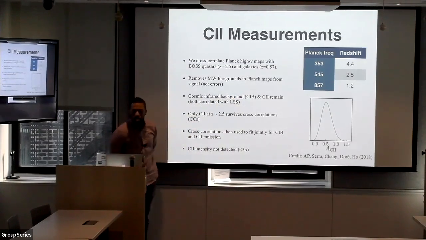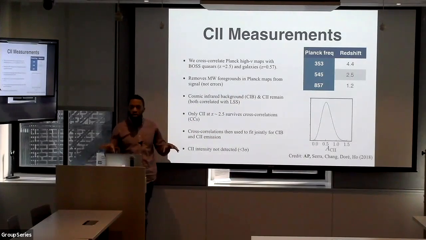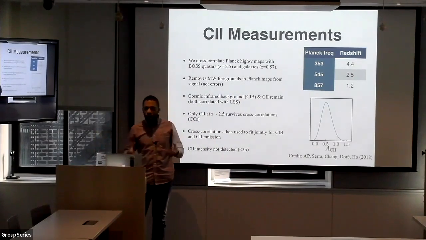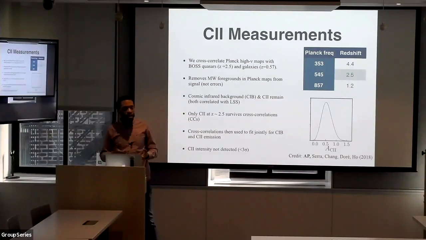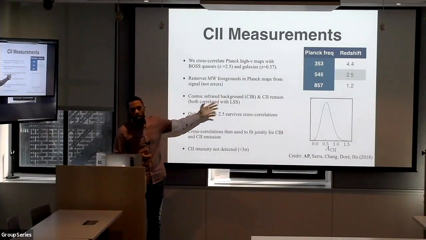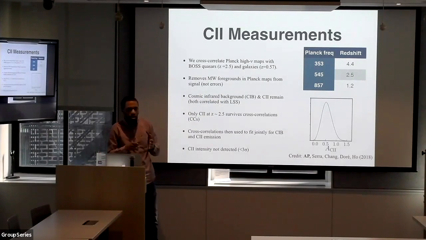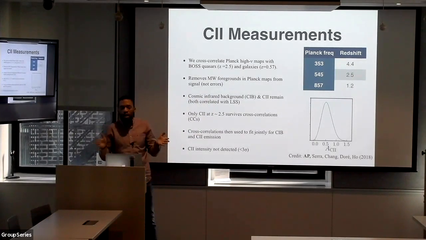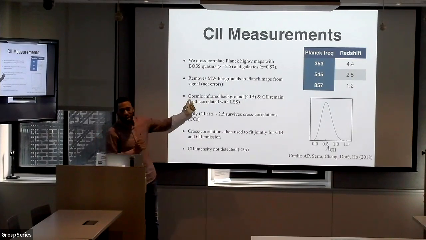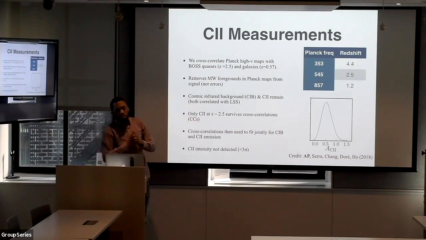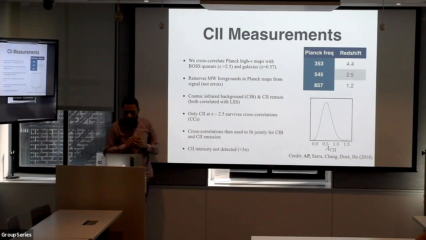away. And so we can use this in order to build a model where, in our model for the power spectrum, we expect to have CIB for all the bands cross-correlated, but we only expect the C2 at the redshift we're looking at to only exist in the 545 band. And so we can make a joint model of CIB and C2 emission, and use the information from all that to constrain it. And in addition, just to add on some extra power, we also used cross correlations with galaxies at redshift of 0.5 as well.